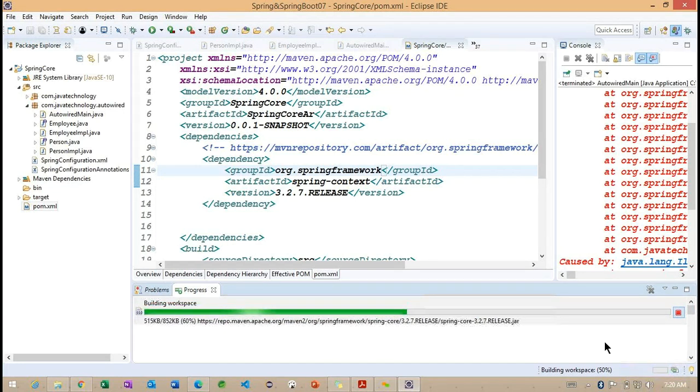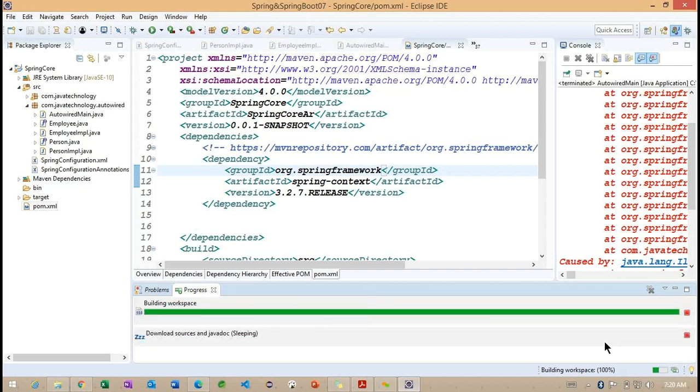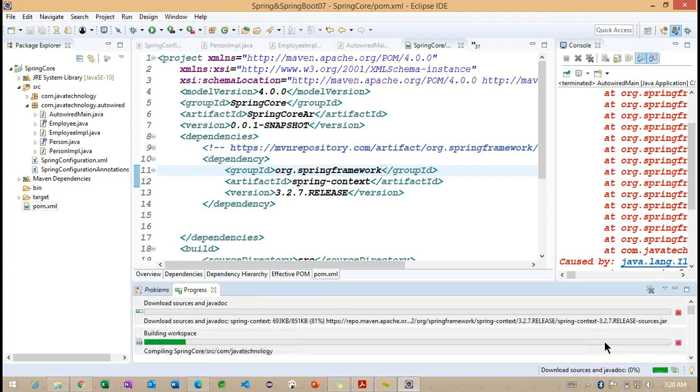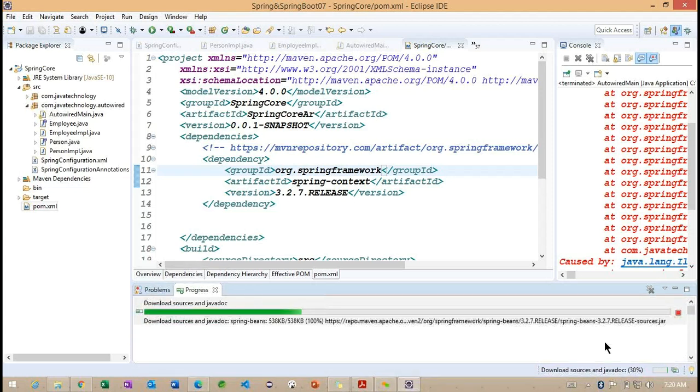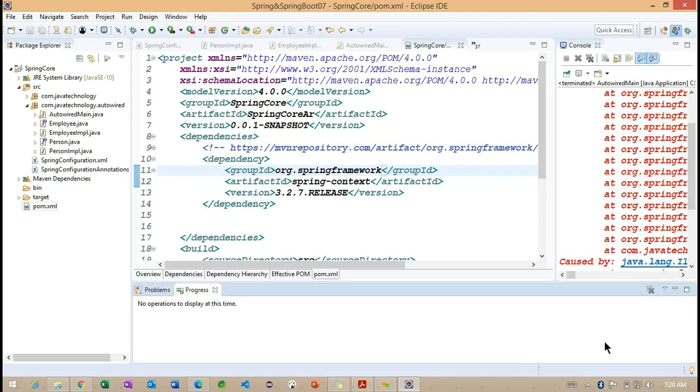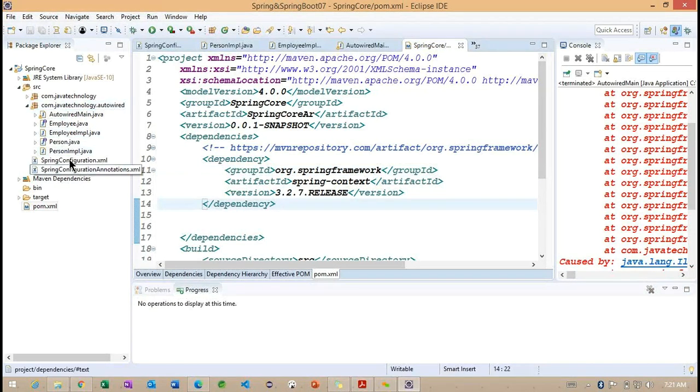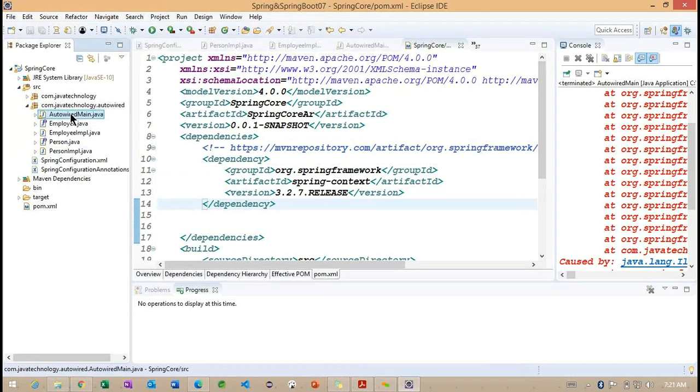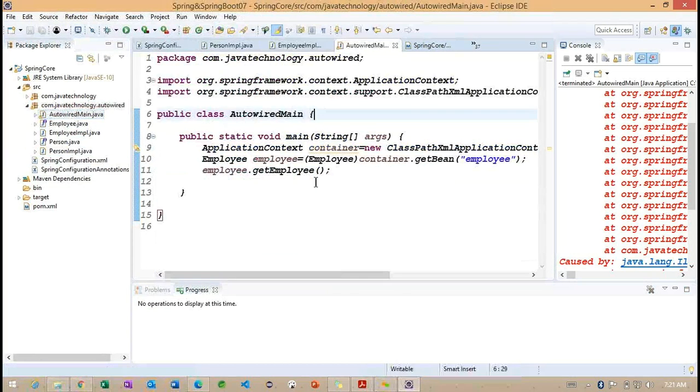We need to check here once it is completed. Okay, we'll try to run the same application one more time.